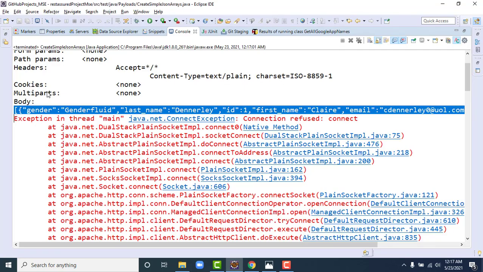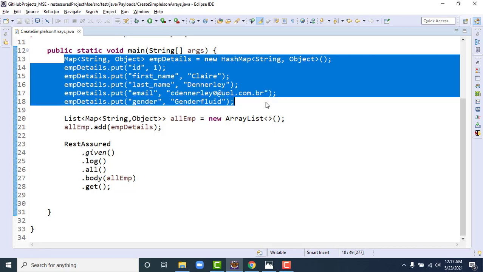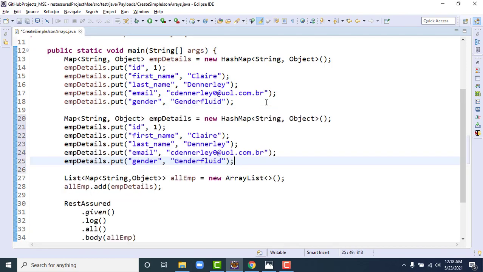So what we need to do? There are two ways we can do it. Suppose we can have multiple maps, because if you have 5 elements, you need 5 maps. There are some other solutions as well, but as per our understanding, if we have n number of elements in an array, we need to create n Java maps. That is a pain, but as of now we don't know everything. So let me put another map and correct it here.